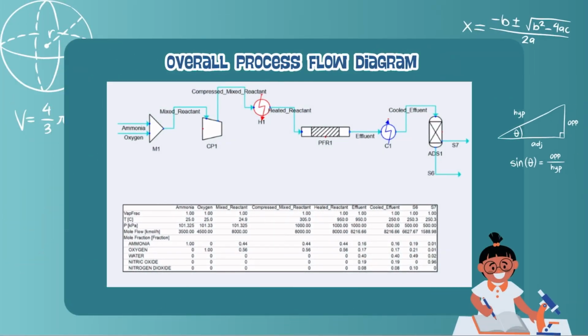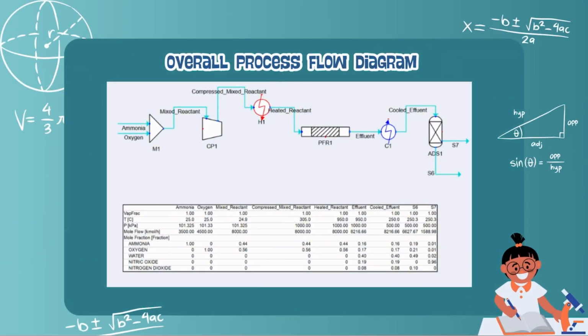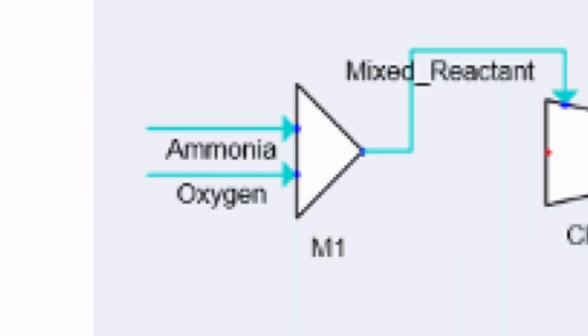For our process, we have designed a process flow design of a reactor separator system in Symmetry. We begin with the mixer, where ammonia and oxygen are mixed together. The ammonia feed is 3500 kmol per hour and the oxygen feed is 4500 kmol per hour. At this stage, the gases are at ambient conditions with a temperature of 25 degrees Celsius and a pressure of